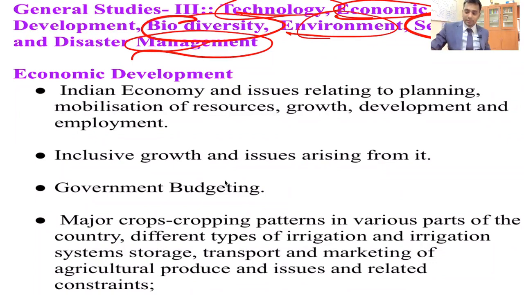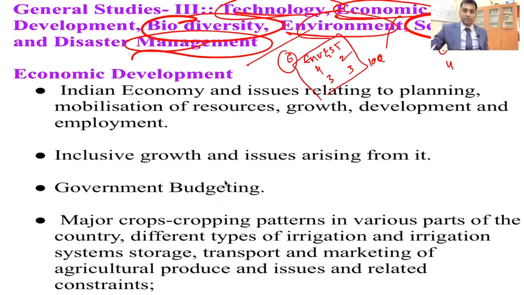Every year there will be 10 questions from economy, 4 questions from security. The rest of the 6 questions will be shared between environment and science and technology. Right? There will be 4 questions, 2 questions, 3 questions, 3 questions. In this format they will give. So this is the regular trend of asking the questions in GS paper 3. Now let's start with the first domain in this section, that is economic development or economy.